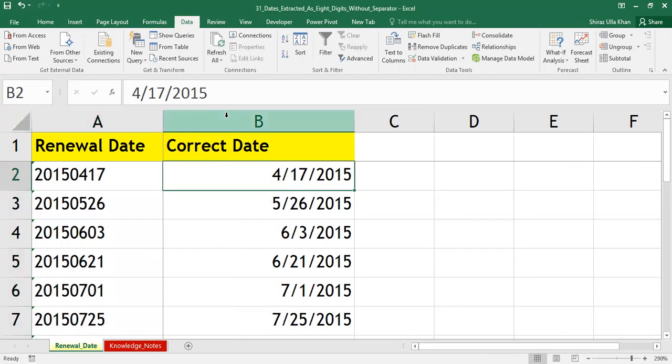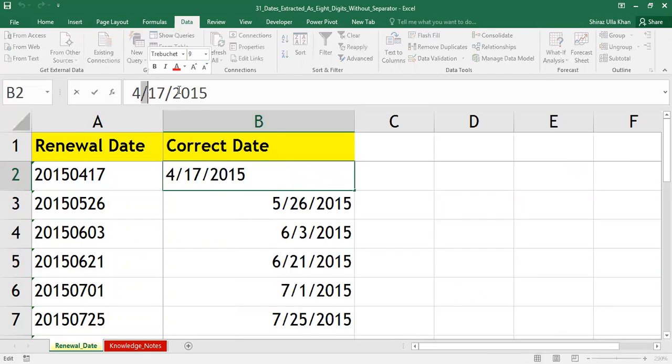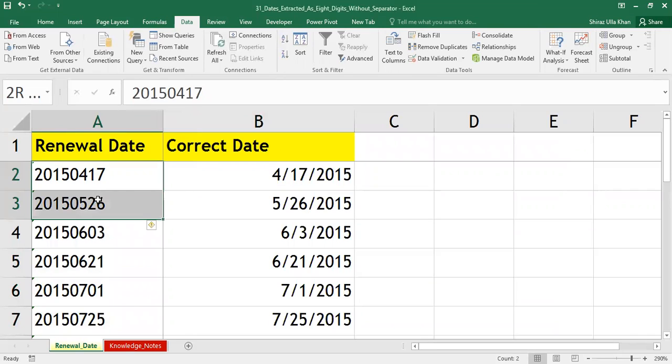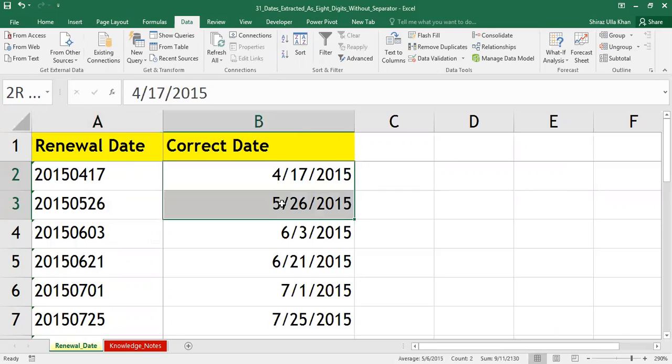So people, if you see this, in column B, I have the same date. Here, the date has a separator, a delimiter. I have introduced a delimiter of slash. And now people, the beauty of this is these dates are numbers. When I selected A2 and A3, we used to get only count because it is not a number. But when I select B2 and B3, you can see sum and you can see count. Which means I have converted this date into a proper date, and a date is a positive number.